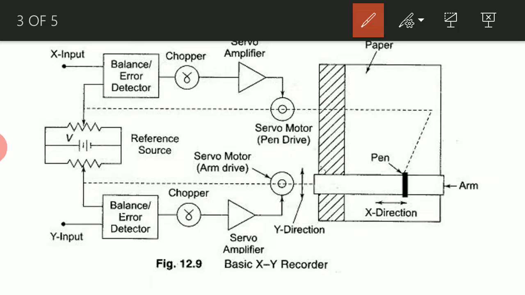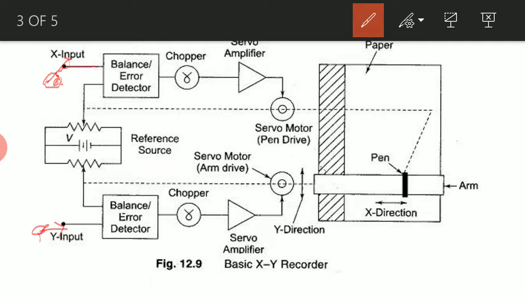Whatever the inputs, first they need to be converted into their equivalent voltages using transducers. Even if the inputs are force and strain or displacement and strain, any inputs should be converted to equivalent voltages and fed into the suitable channels. Suppose we need to plot force along the x-axis and strain along the y-axis. The equivalent voltage corresponding to force should be fed at the x input and the voltage corresponding to the strain should be fed as the y input.